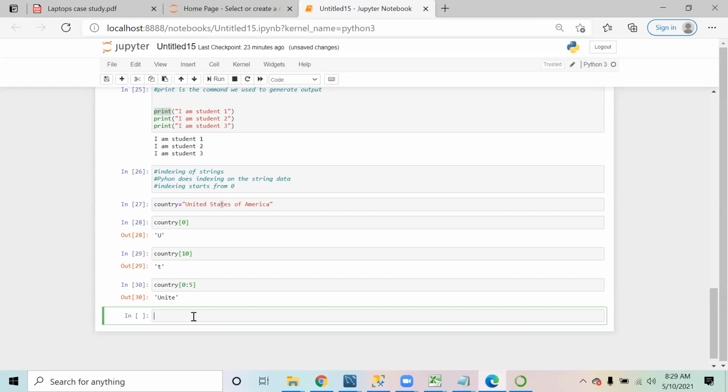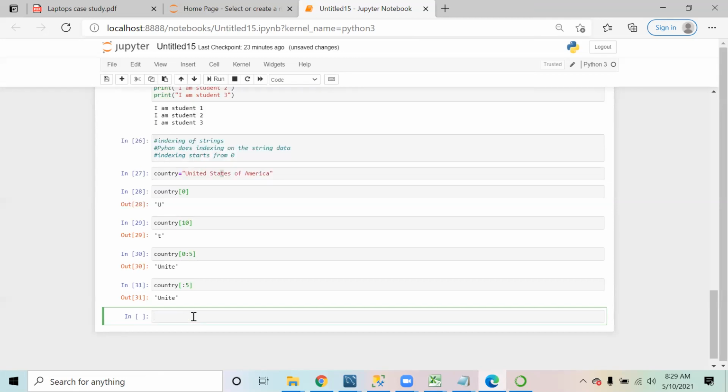Another way is to write the same thing like this: country up to 5. When you don't give a starting point, Python by default assumes that you want it from the start. If I run this, it gives you the same output.